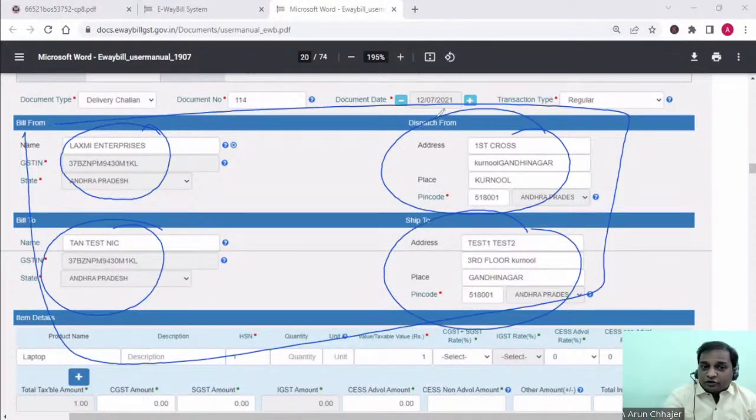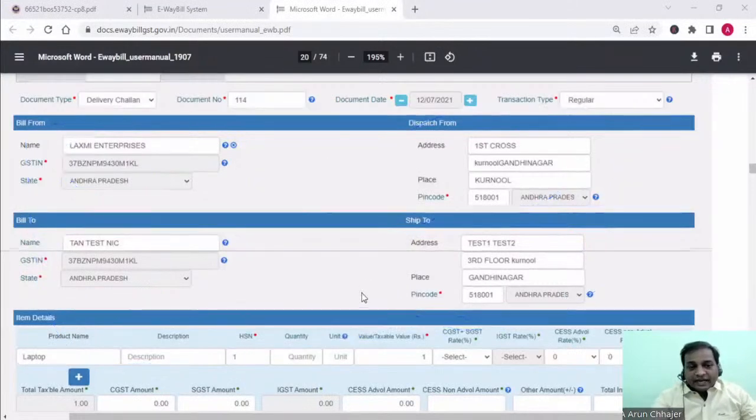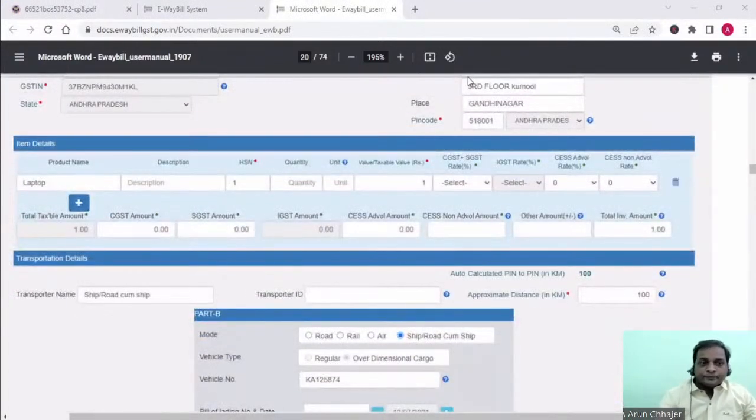Here there would be the concept of bill to ship to model that I will explain later on. Further, it asks the item detail,